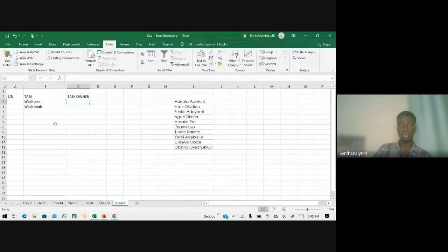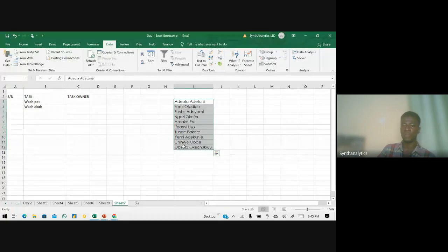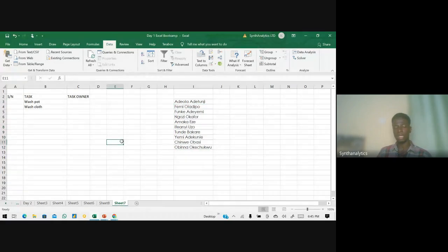So what we want to do at this point is make this a list that you can actually pick from. For example, if you have a client database, and you are assigning clients to their delivery, if you have a list of people you want to deliver to, you want to assign from the list. Which person am I delivering to? You can add a drop down list for that. So how do we go about that?